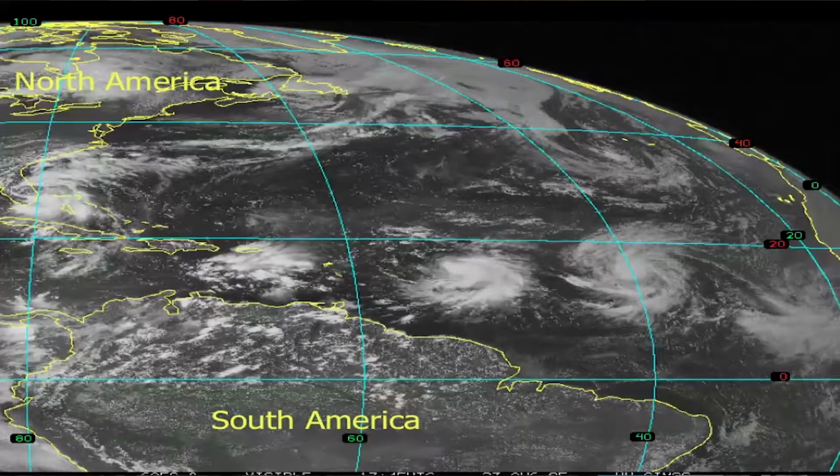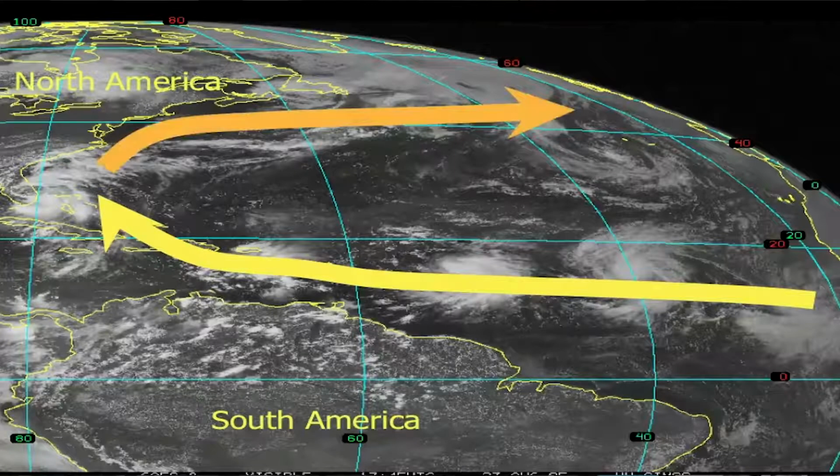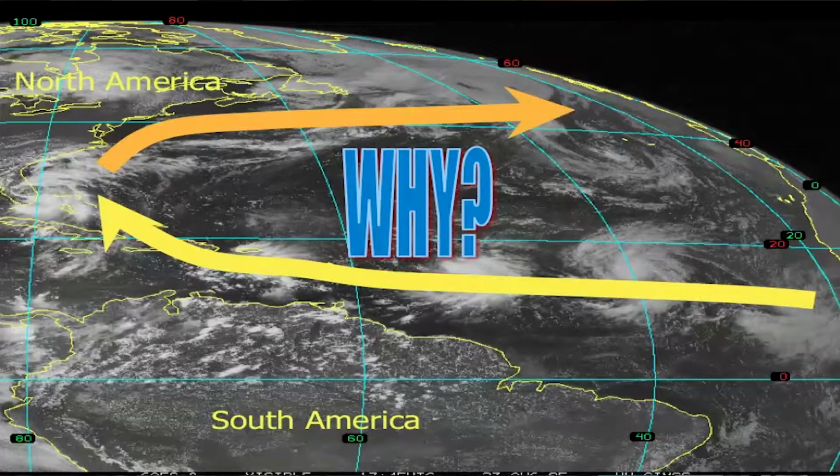Here's a satellite picture from 1995, and you can see quite a few tropical systems on that picture. Here again, they're moving from east to west, but as they drift far enough north, they'll then turn back to the east. And the question is, why does this happen? Well, don't forget from our lesson on global winds, weather systems in the United States move west to east. So as the hurricane moves off to the north, it's going to be affected by those global winds. So it gives it the appearance that it comes out of the Gulf, and then before it hits North America, it goes back out to sea.